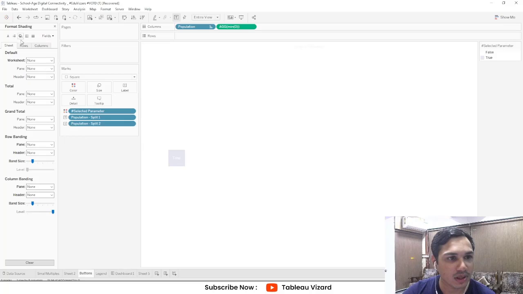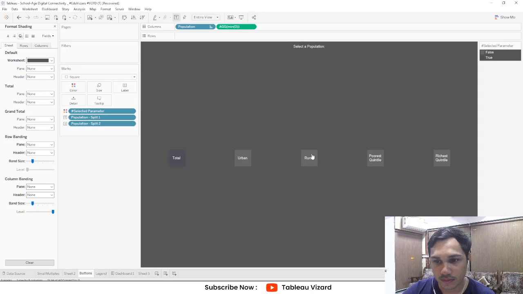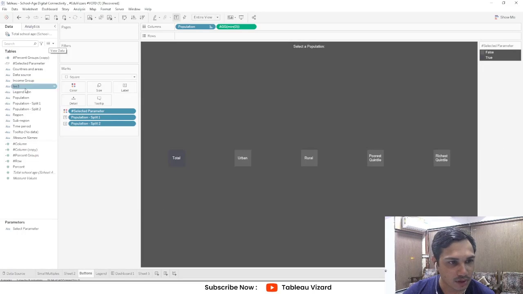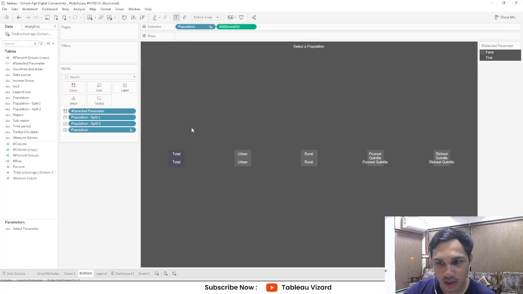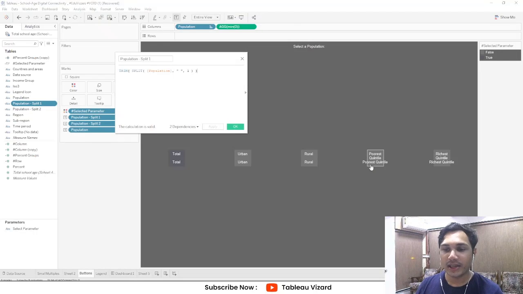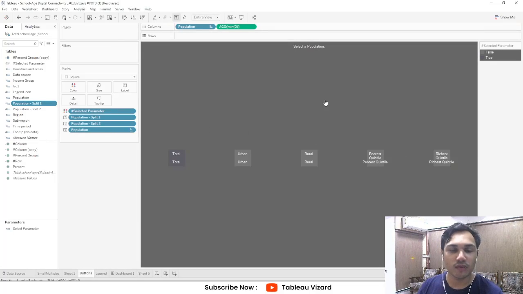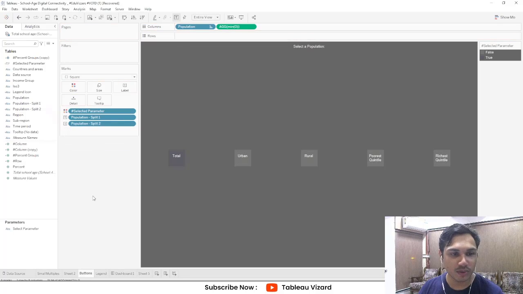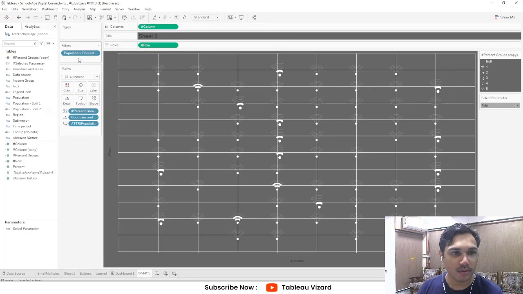For that we need a different color to see the data. Okay, suppose I add the population to the label, then what happens? This poorest quantile and richest quantile goes out of this box. So to fix that, he has created two different splits just to break this big word poorest quintile into two parts. The first split will give you the word poorest or richest, and the second split will give you the word quintile. So once we are done with our preparation, I'll just remove this population,